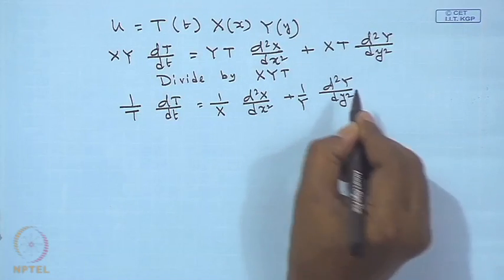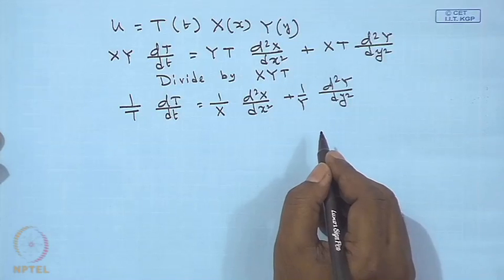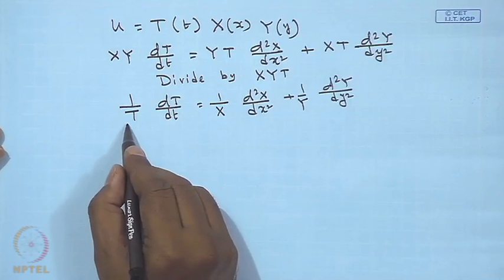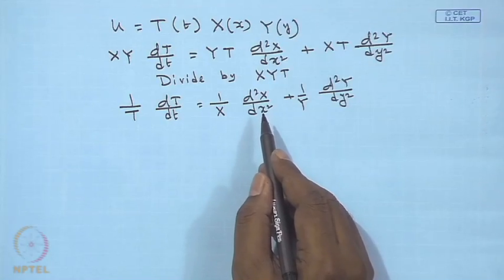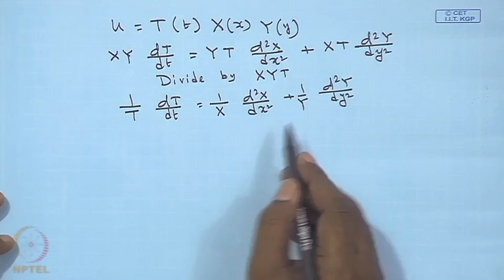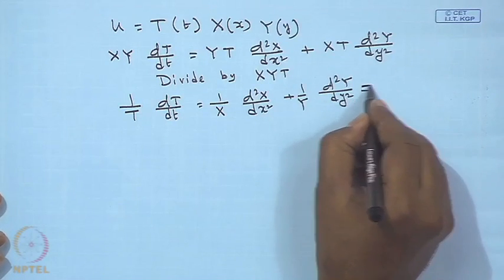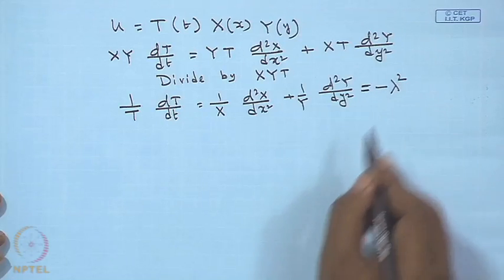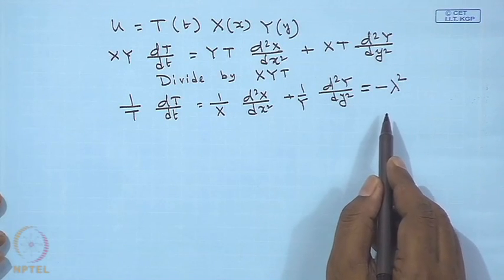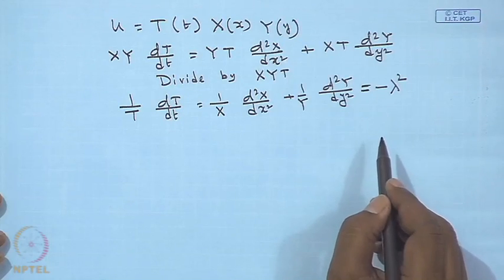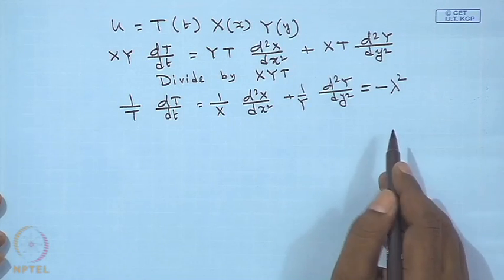Now, the left hand side is a function of time alone, the right hand side is a function of space alone, and they are equal, so they must be equal to some constant, and this constant is minus lambda square. If this constant can be 0 or positive, then we will be landing up with a trivial solution. We have already proved it earlier. Now, let us